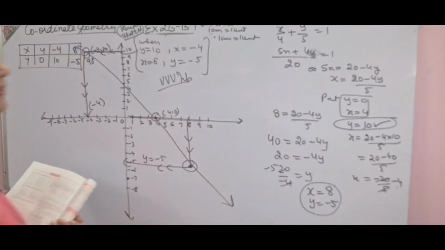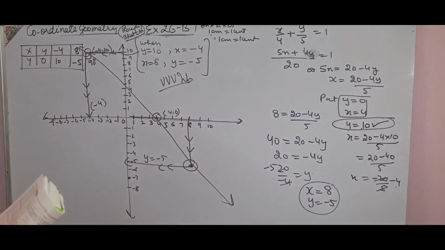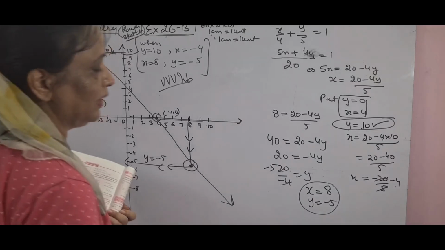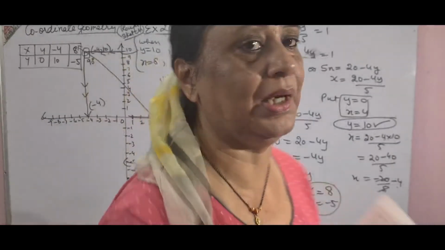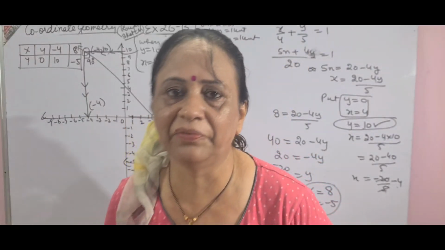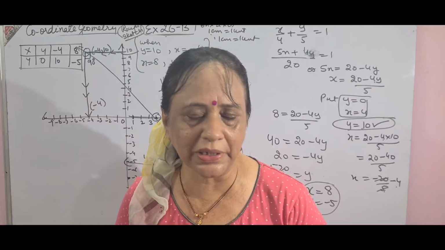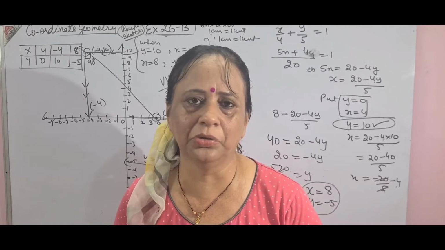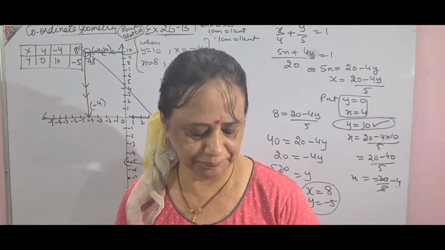Every year one question comes out of one of these three, or one is in the example, four of them. One question comes every year. So be careful about it, children. What I am telling you is that I am making graphs easy for you. Since you are finding difficulty in graphs, just to make it easy and accessible to you, I am trying to give you these hints.